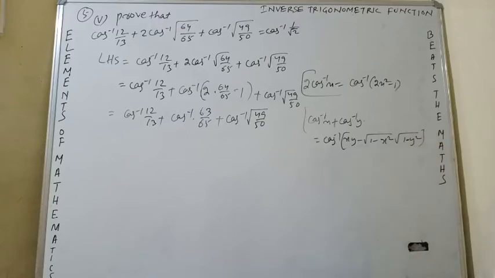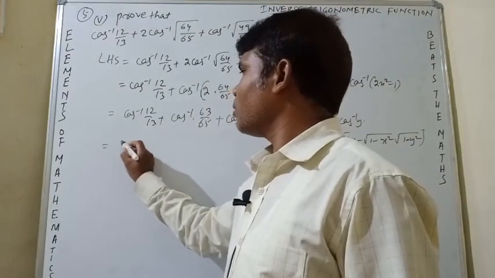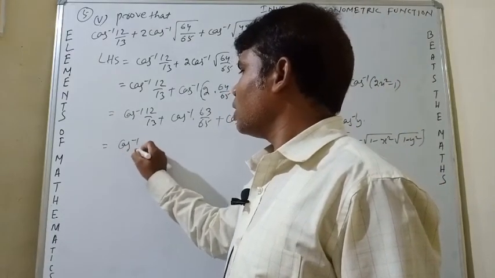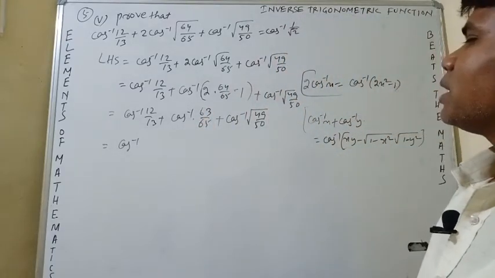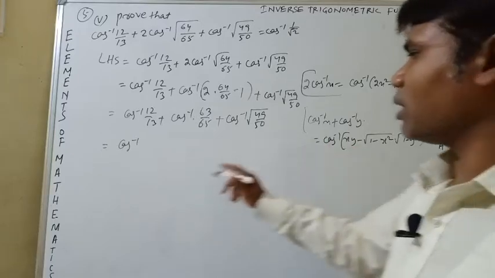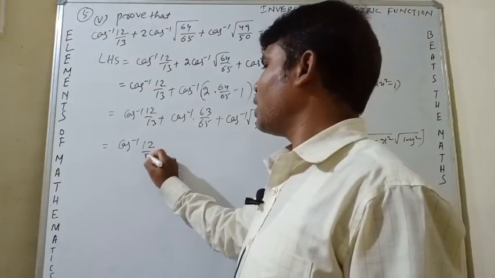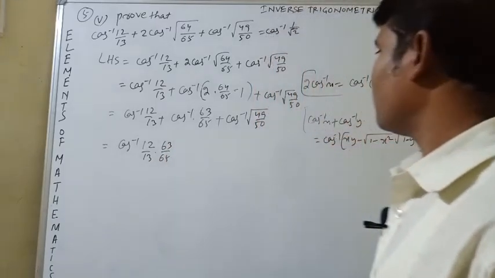This is the formula. This formula I can use here. At first you take these two. This is x, this is y. 12/13 is x, 63/65 is y. Cos inverse xy, that is 12/13 into 63/65, okay,